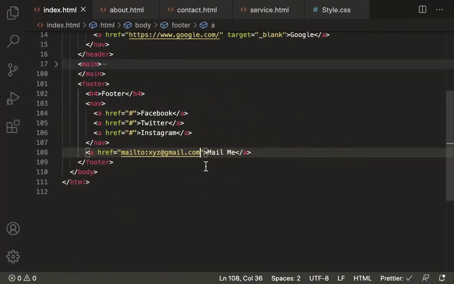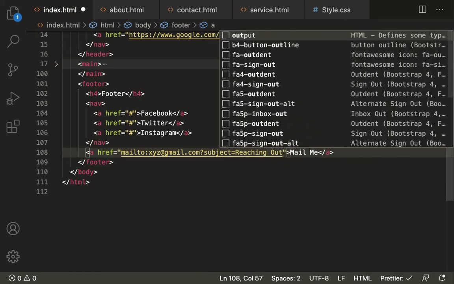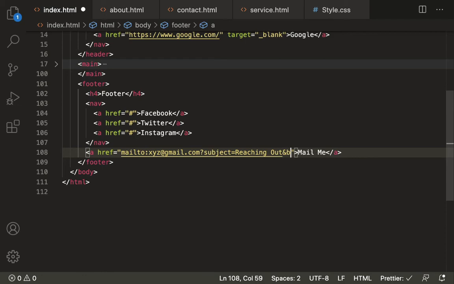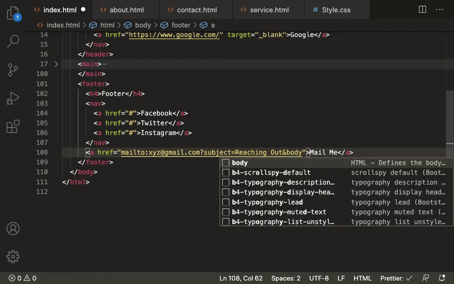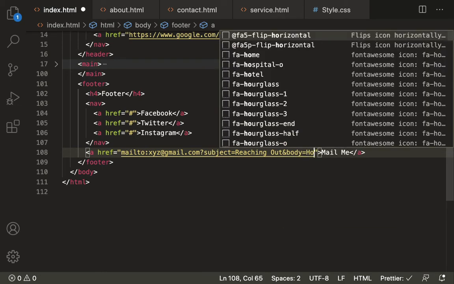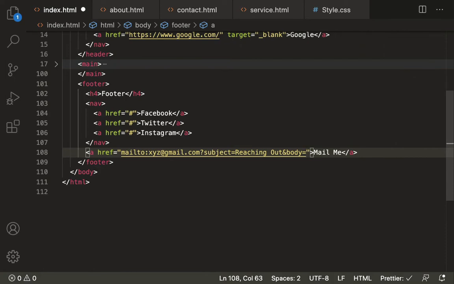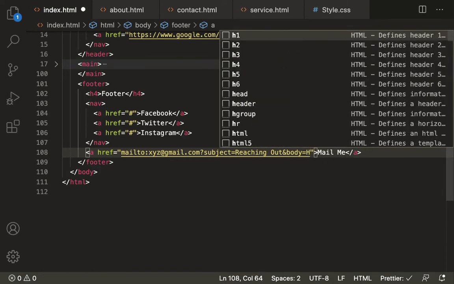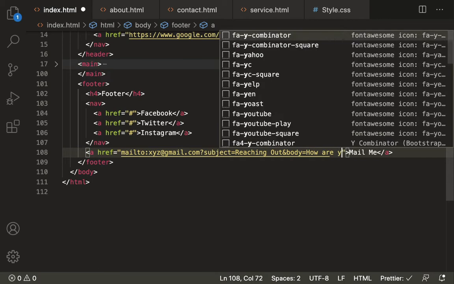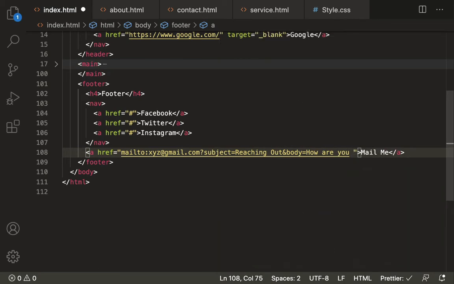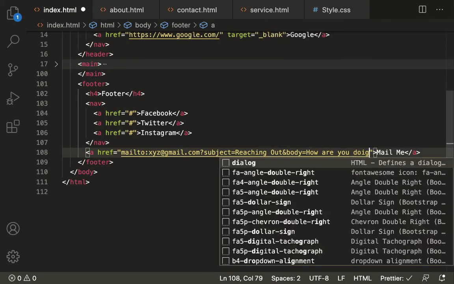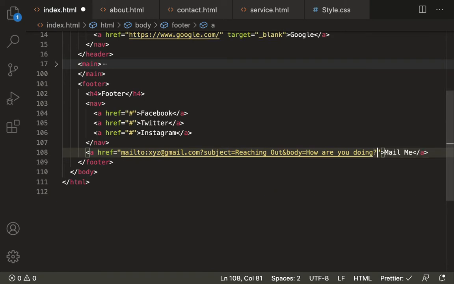So for the subject, let's write subject is equal to, you can keep reaching out, then we have body. Inside the body let's keep how are you doing, fine.